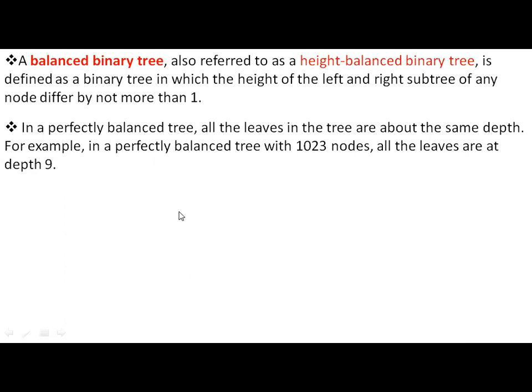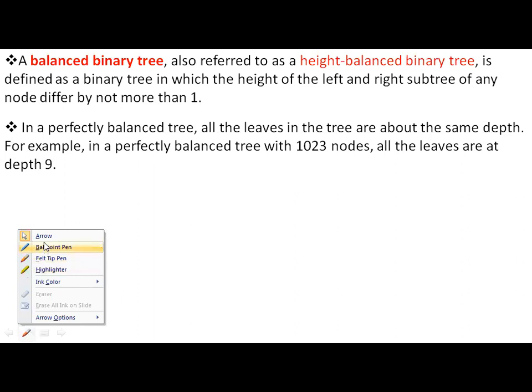Sometimes a tree is given in an examination, and he asks whether this tree is height balanced or not. At the root node, you find the height of the left subtree and the height of the right subtree. The difference should be up to 1. Your height may be 0, or sometimes the height may be -1 also. It should not be more than an absolute value of 1. I'll draw a simple example tree here so that you can understand.